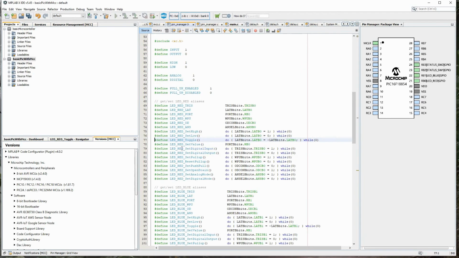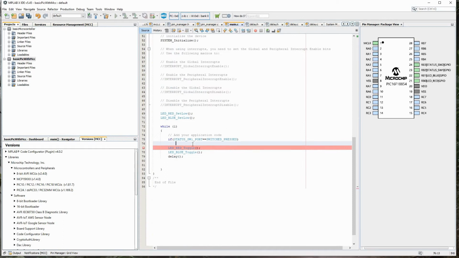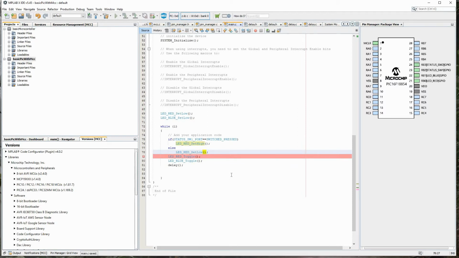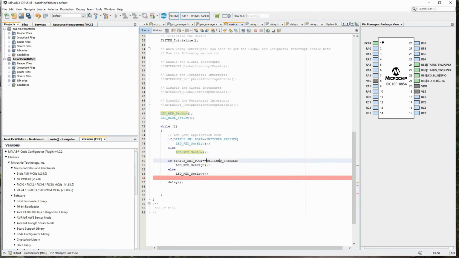Then here what I'll do, instead of toggling, I'll set it as high. Set low. Let me delete this. Similarly, we can do it for switch 2 also. Instead of red, it will be blue.